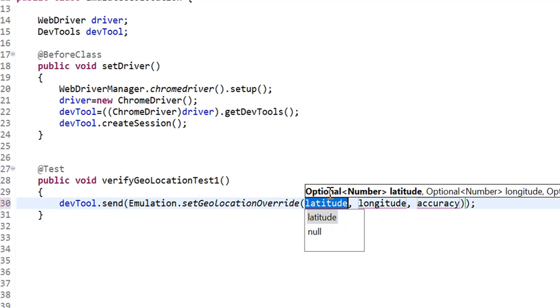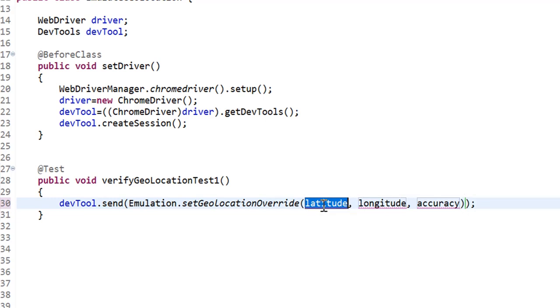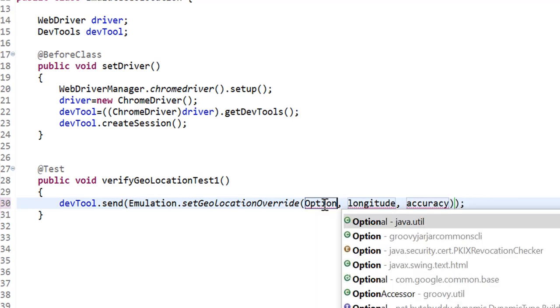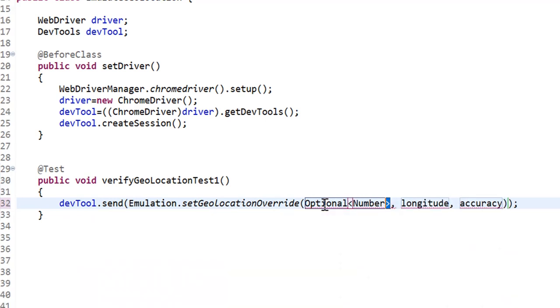So we have to pass Optional.of, and pass these values.